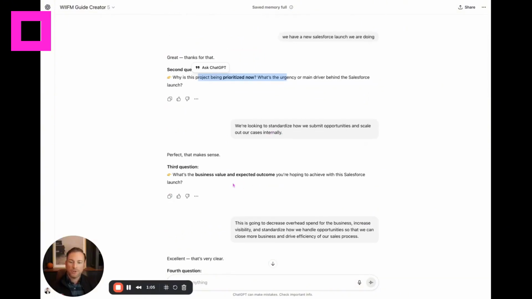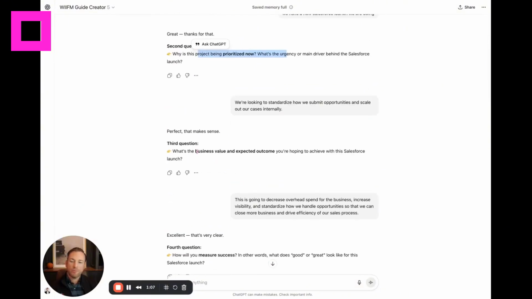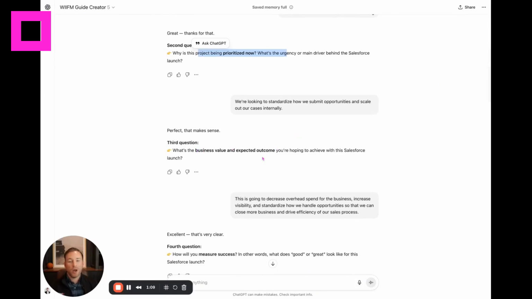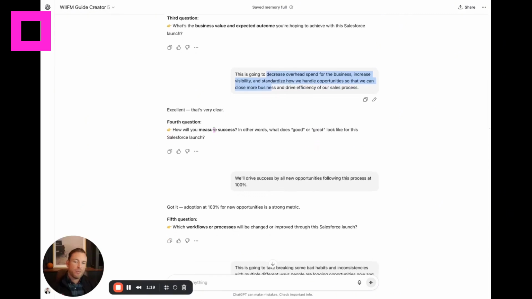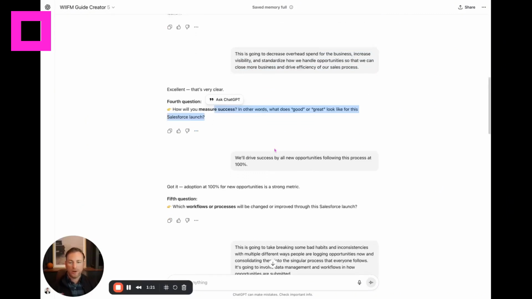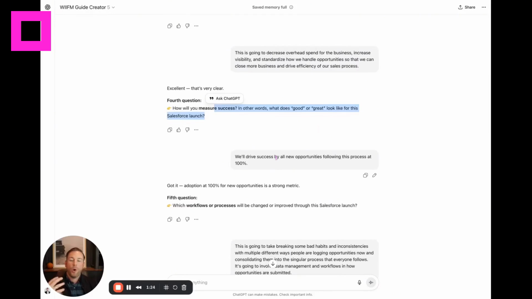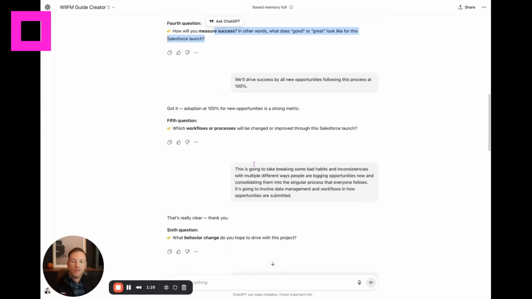And it's going to ask you, why is this being prioritized now? It's also going to ask, what's the anticipated business value or expected outcome of this particular process? And this is where you want to be as detailed as possible, explaining why management and leadership is prioritizing this project and what you're hoping to achieve. It's also going to ask you about success and what measurement looks like here. This really helps us to understand why we're delivering this and how we're going to tie this in for each